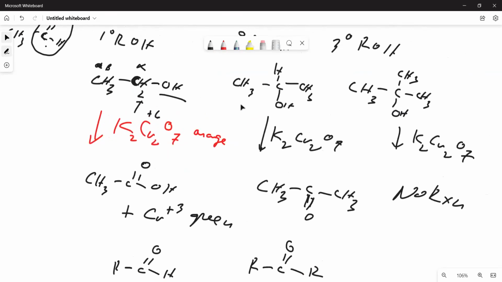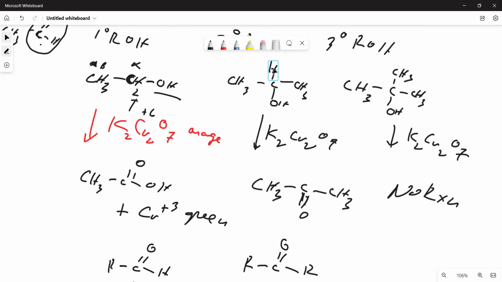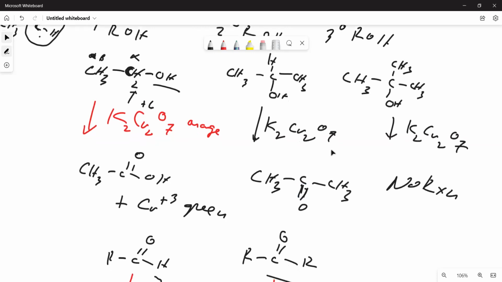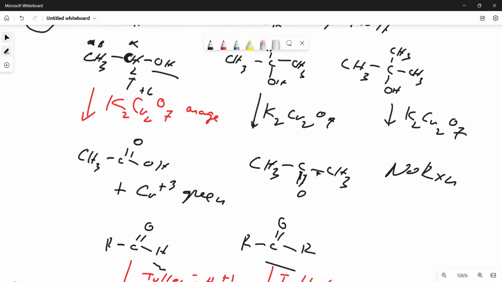Now, for secondary alcohol, there is still alpha hydrogen here. So again, this can be oxidized, resulting in the formation of acetone, a ketone, not carboxylic acid, because if you add another OH there, there would be five bonds on the carbon, which is not possible. So the product of secondary alcohols is ketone. And the same thing, from orange to green.